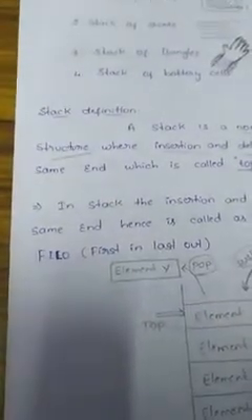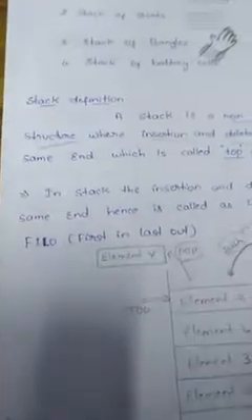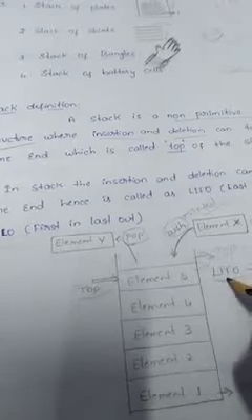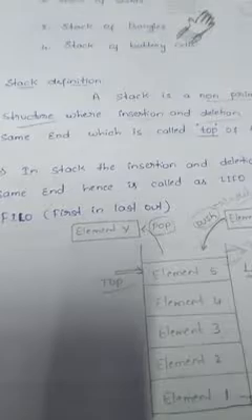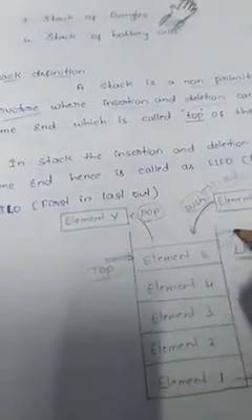The top pointer always points to the top element of the stack. Here the top element is the 5th element, that is, it points to the top of the stack. Here the stack works on the principle LIFO, that is last in first out. It means the first element inserted is removed at the last, that is element 1. We have to remove the last element first, that is the 5th element.